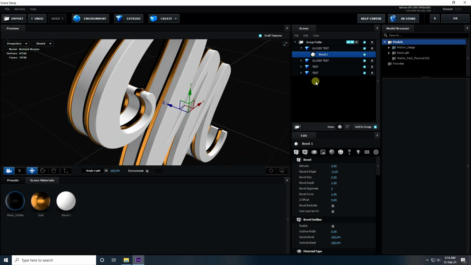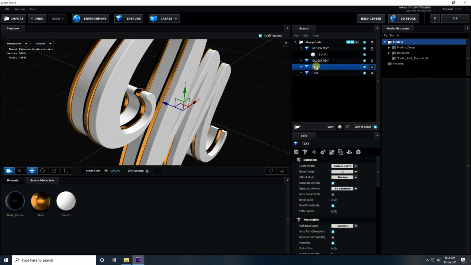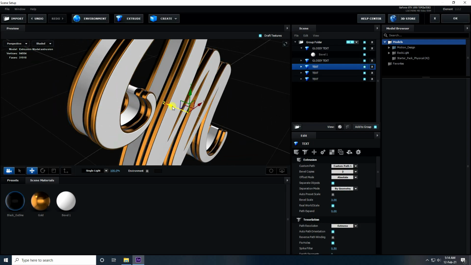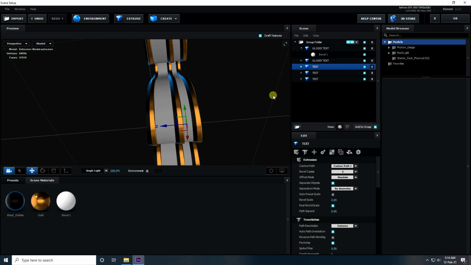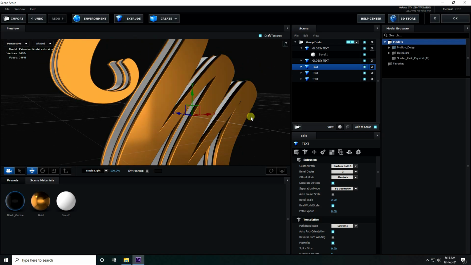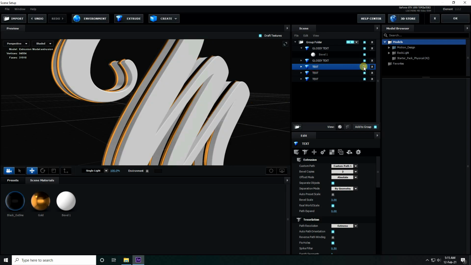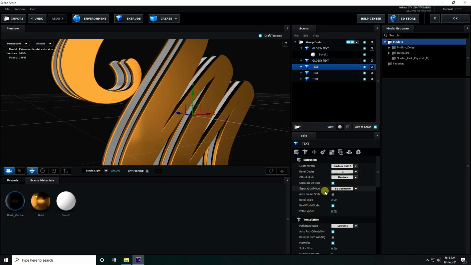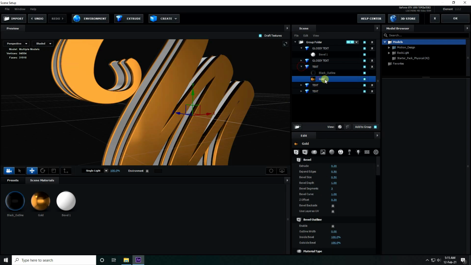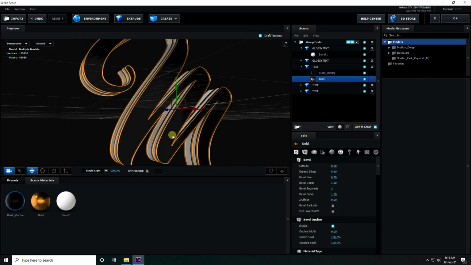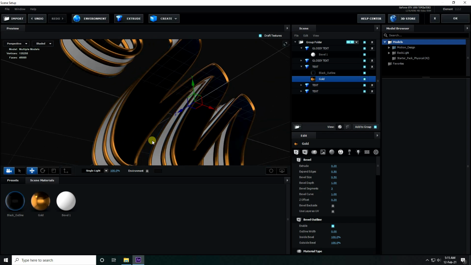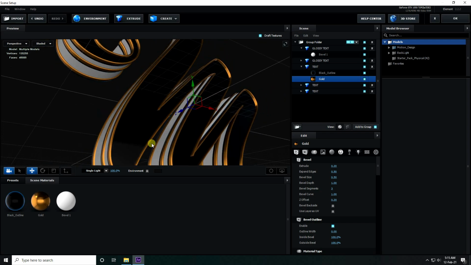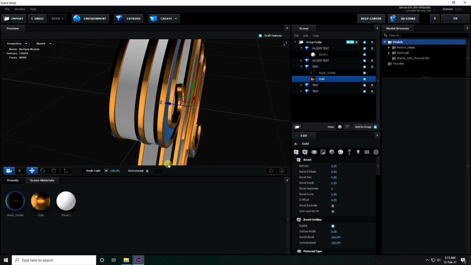And last one, guys, select this text and again copy, Ctrl D. Go to here like this. Yes, much better, right? Okay, so guys, select this front one. That's my front text, and go to gold material and enable bevel check. That's it. See, that's really good, right? Okay, so guys, my material is finished.